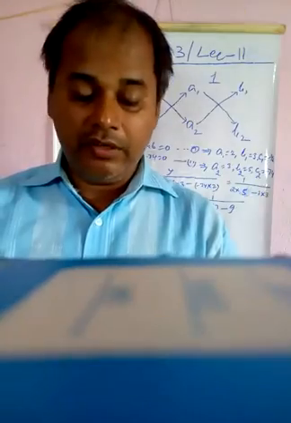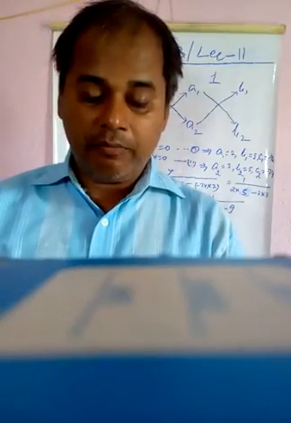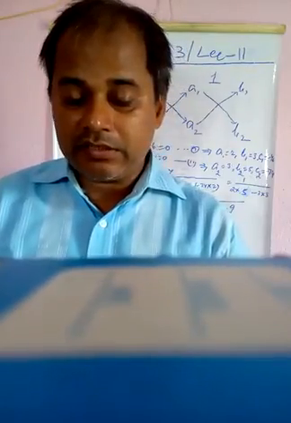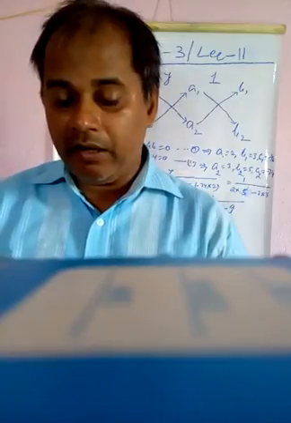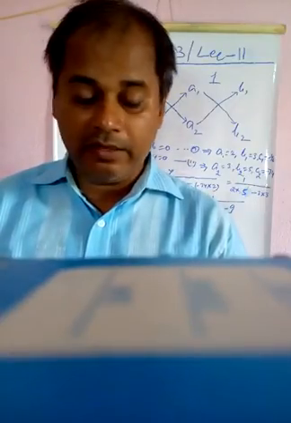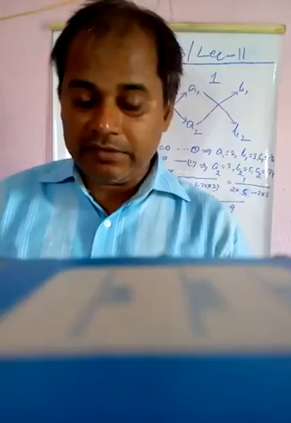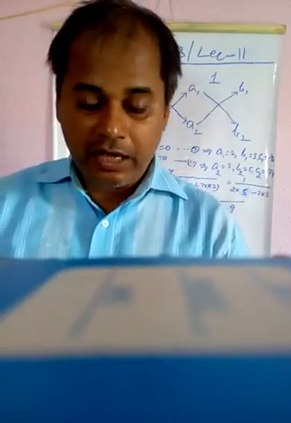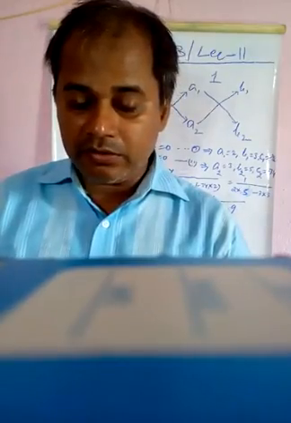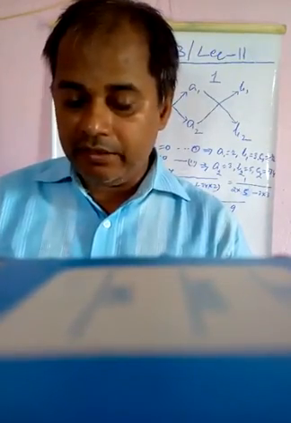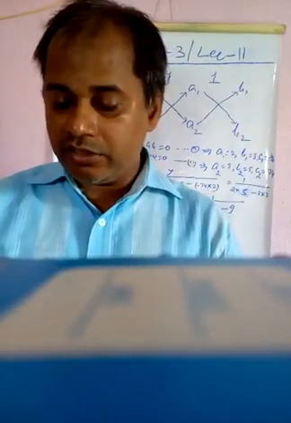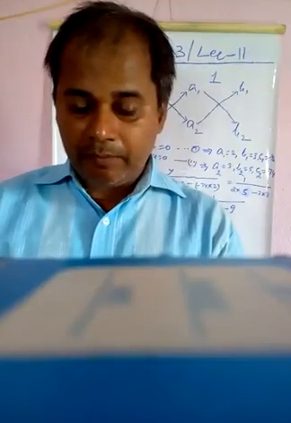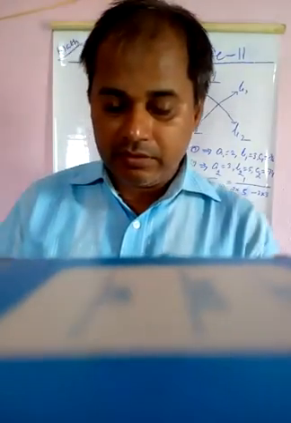on page number 63, the section 3.5. Equations reducible to a pair of linear equations in two variables. In this section, we shall discuss the solution of pairs of equations which are not linear but can be reduced to linear form by making some suitable substitutions. We now explain the process through some examples.